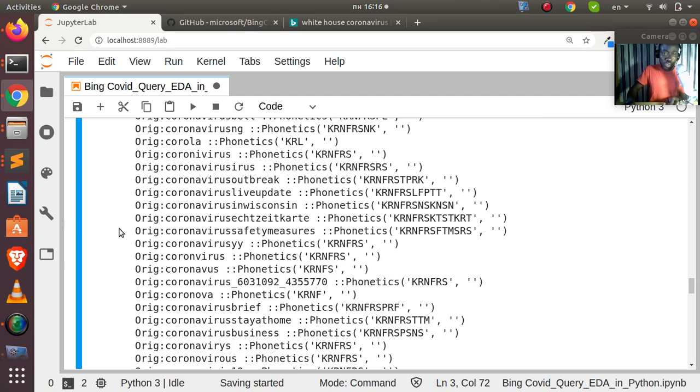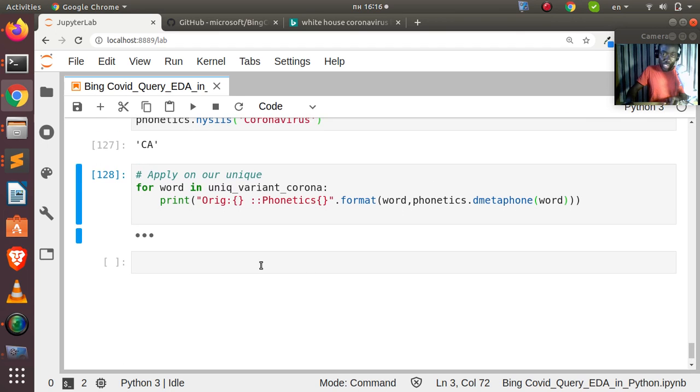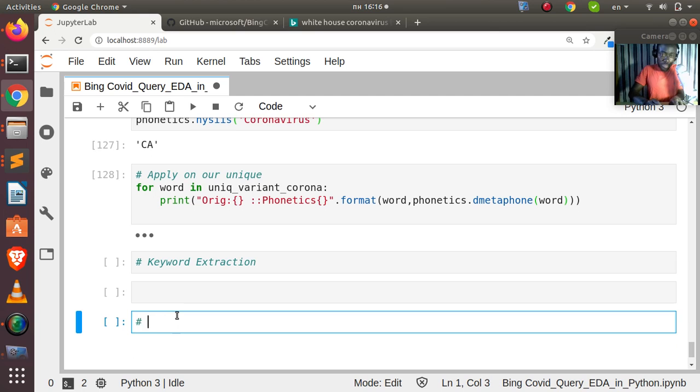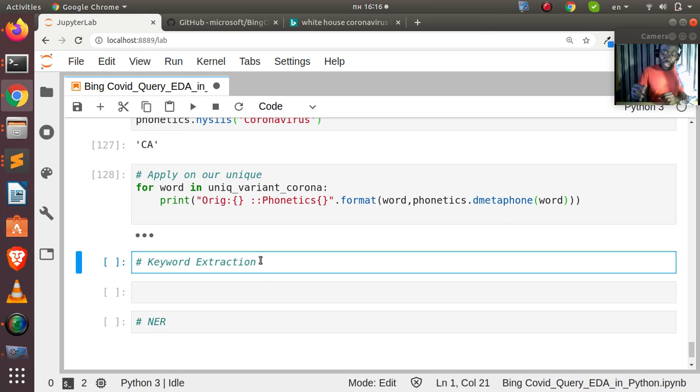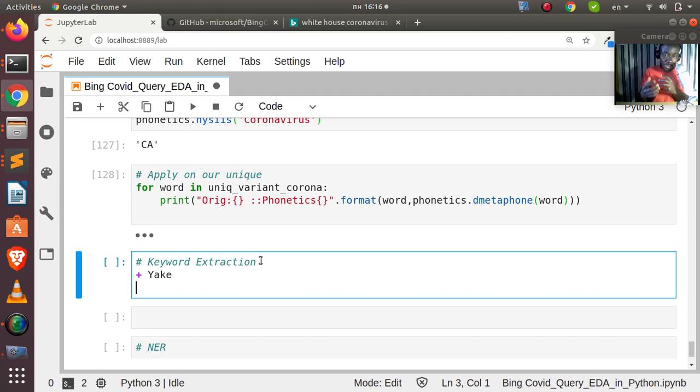So the next thing we can do, still on the query, is more like NLP stuff. Still on the query, we can also ask some questions. We can do some keyword extraction, and then later we'll move on to do named entity recognition, NER, from our queries. So we'll be doing keyword extraction from it. We'll be using a very nice package called Yake. There are several packages here, so we can use Yake, which is using an unsupervised method to find the